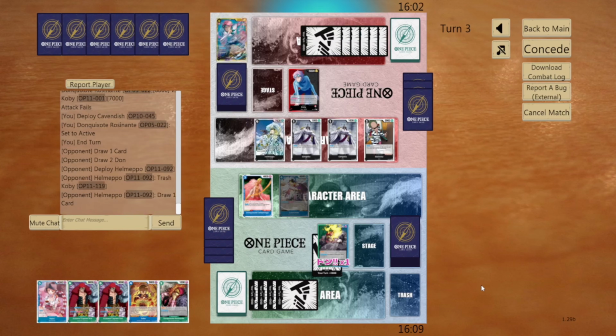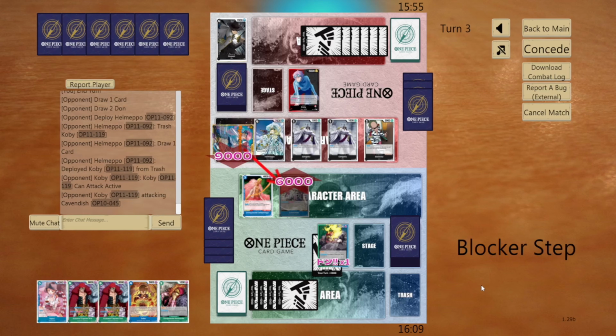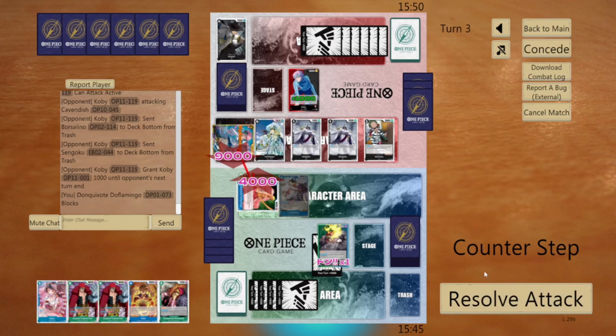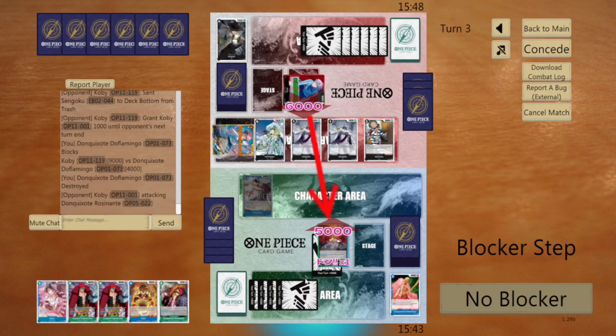Maybe I'll use that. For 6 Don, they've got the new Helmeppo from OP11. They're able to cheat out the 8 cost Koby from OP11. 9,000 into our Cavendish, and I was right, folks. They're able to swing into my Cavendish, and I'm definitely going to want to either block with Doflamingo or block with my leader. I decided to block with our Doflamingo, but in hindsight, I think I would have been fine to block with our leader too,